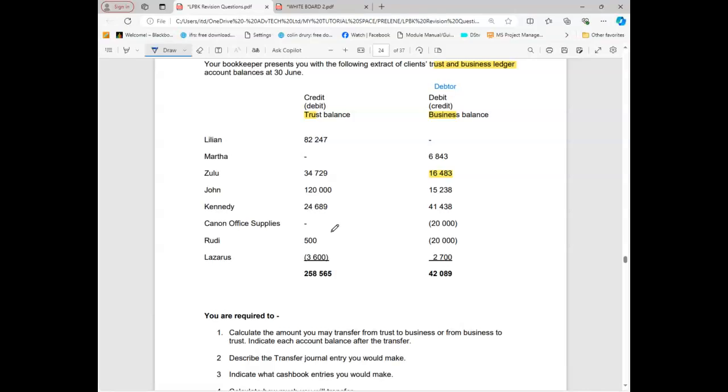So the trust accounts are not required to be negative. If they are negative, obviously, that will be an irregularity. We must avoid that in the future. Okay. Yes. So to answer